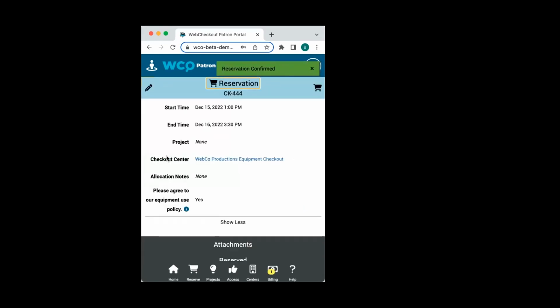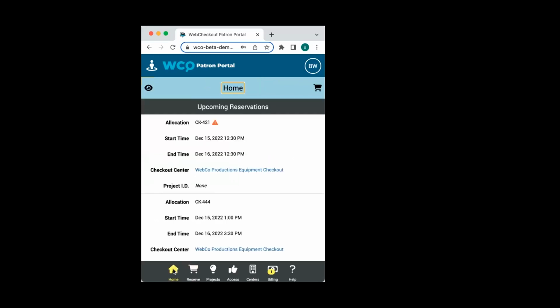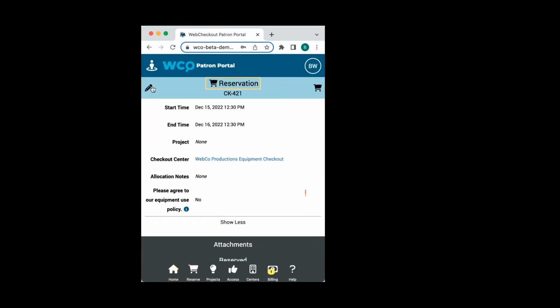Now, once again, the same rules still apply as they currently apply within Patron Portal. All outstanding issues such as missing required fields, unavailable resources, and policy violations must be resolved before a patron can save their reservation. Now, the reservation that we just created will now appear on that home screen. We can see it right here. And of course, by clicking on that reservation and selecting that edit icon, we can edit or